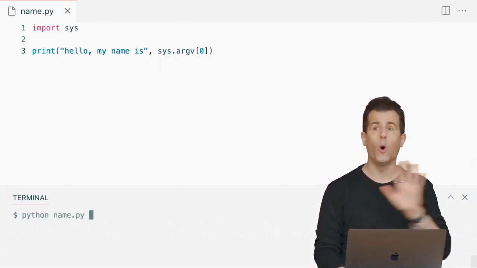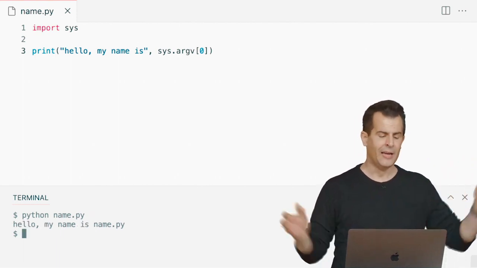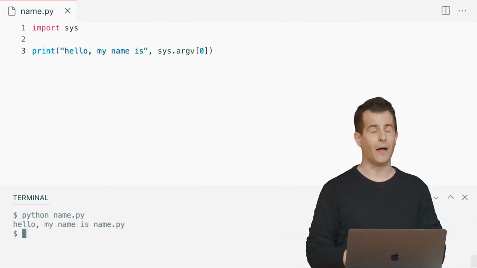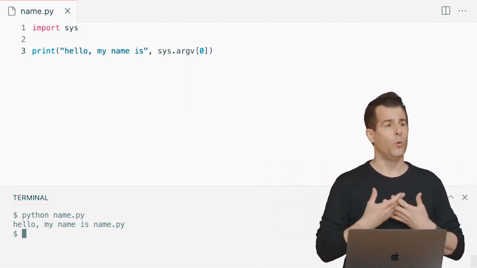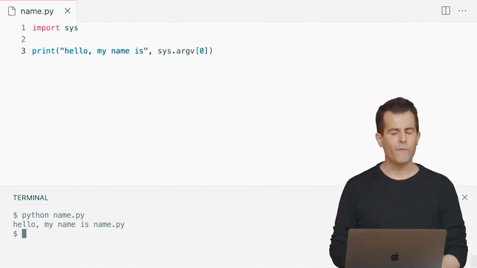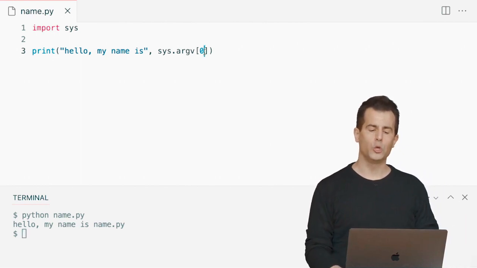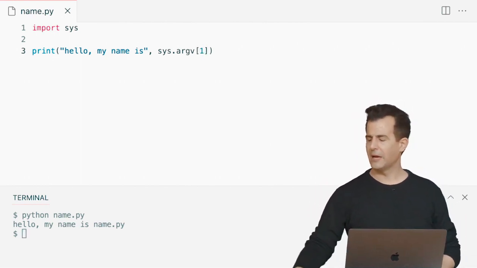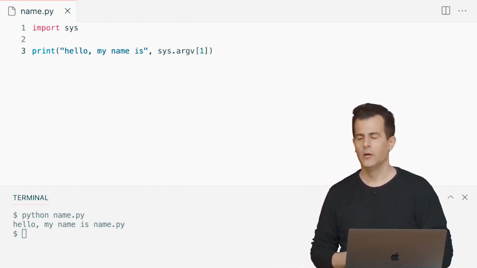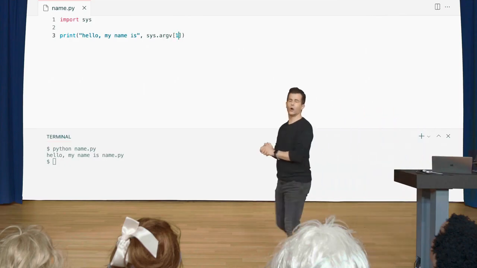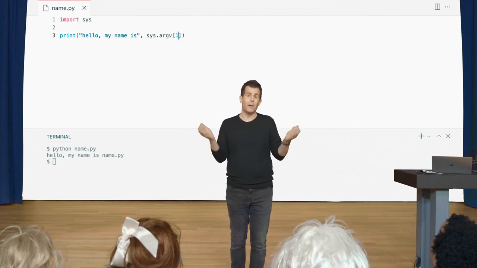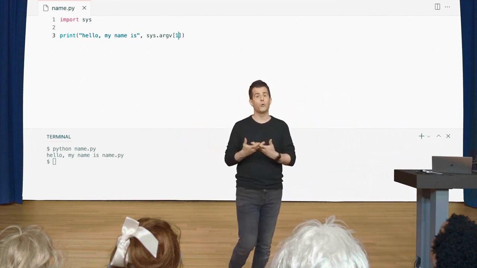this program with no other words after name.py, it says, hello, my name is name.py, which is fine if we're making a name tag for the program, but that's not, of course, what my goal here is instead. So if the fix is not just to change the 1 to a 0, how else might I handle this error? This index error that happens if the user just doesn't remember to or doesn't know to type their actual name